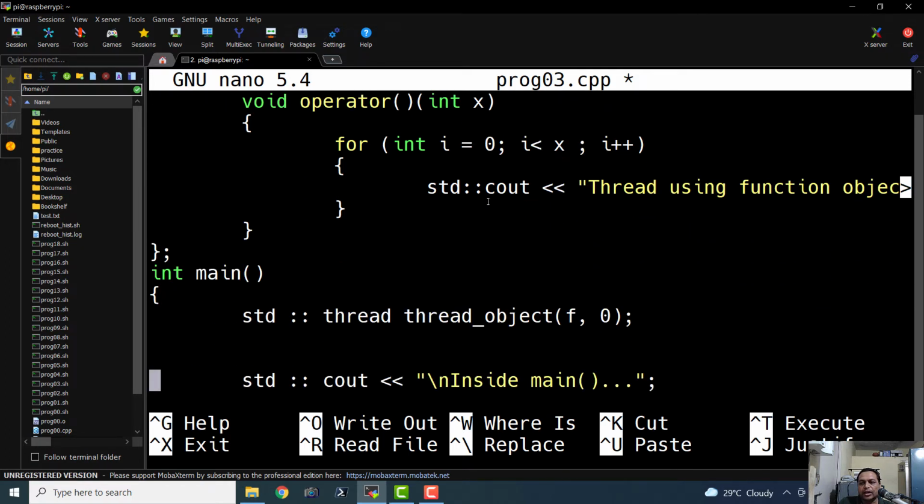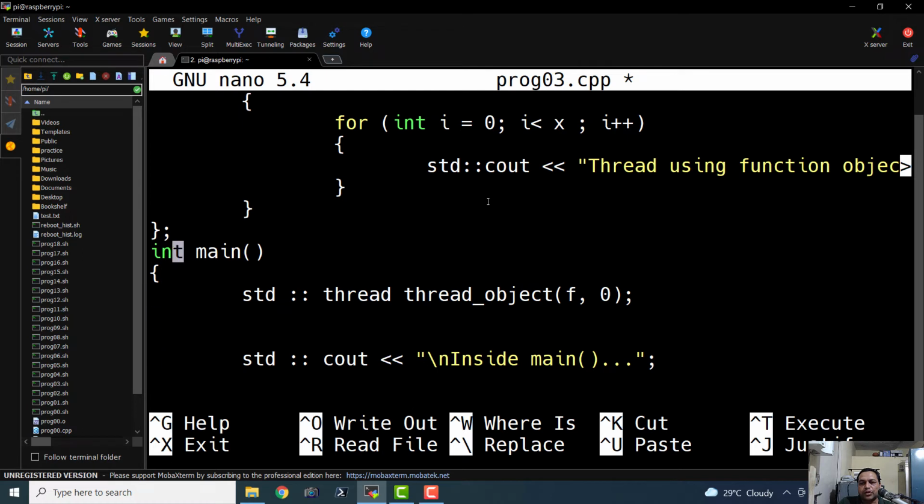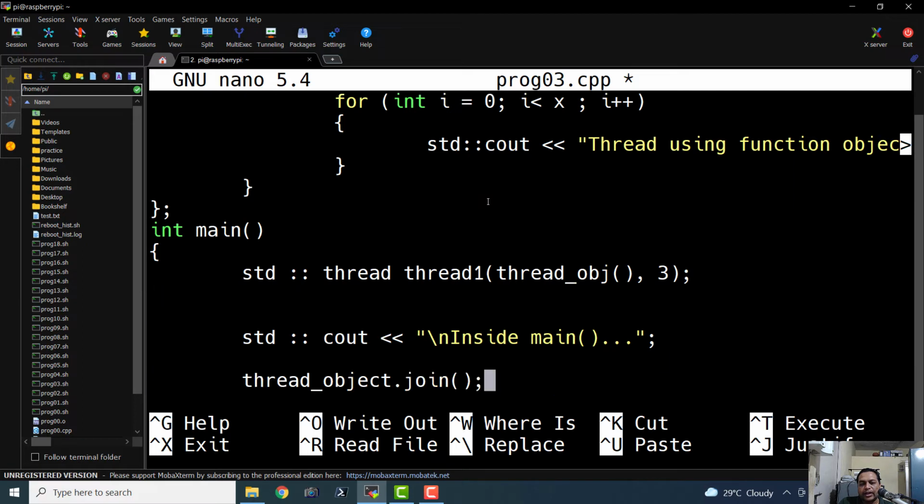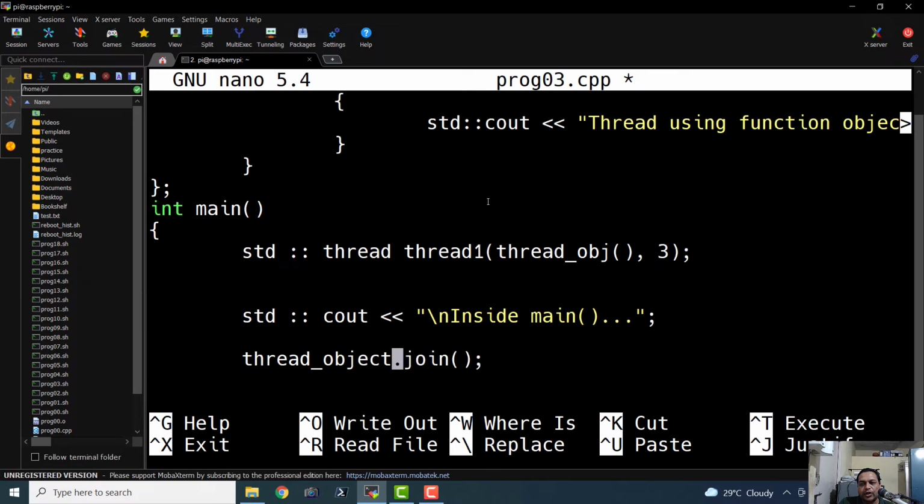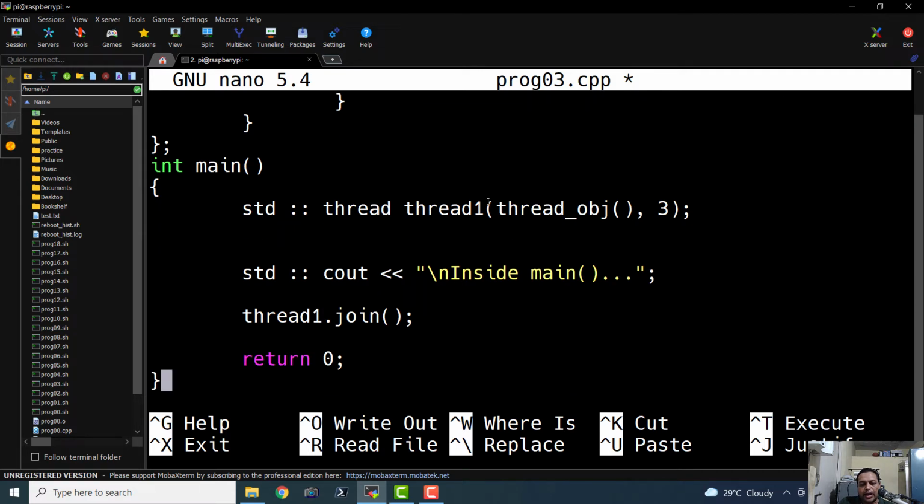And here in the int main I'm using a thread object. Okay, so I will just say thread1, and here I'm going to say thread_obj, and here I'm going to pass the argument 3, and finally I will say thread1 dot join and return 0.